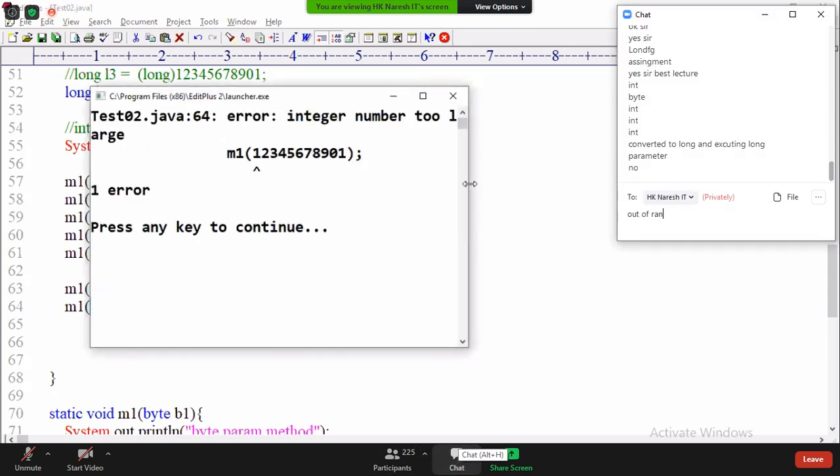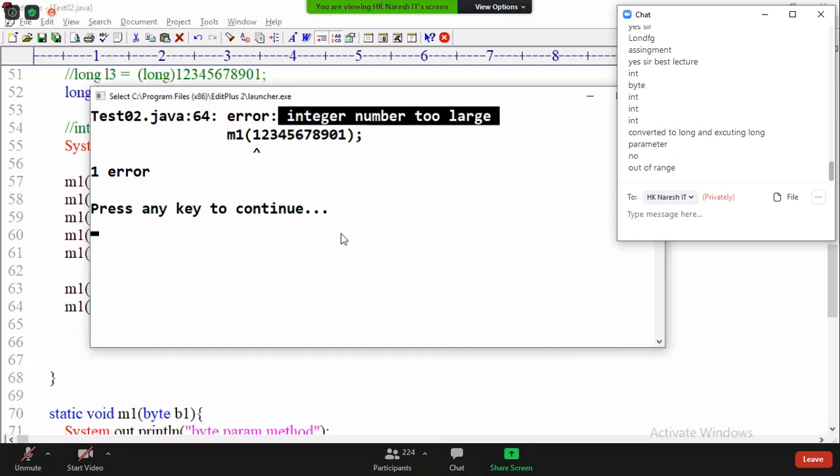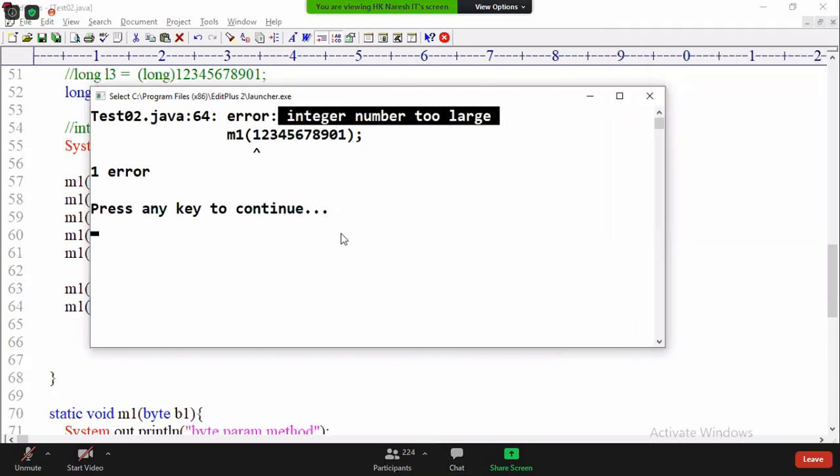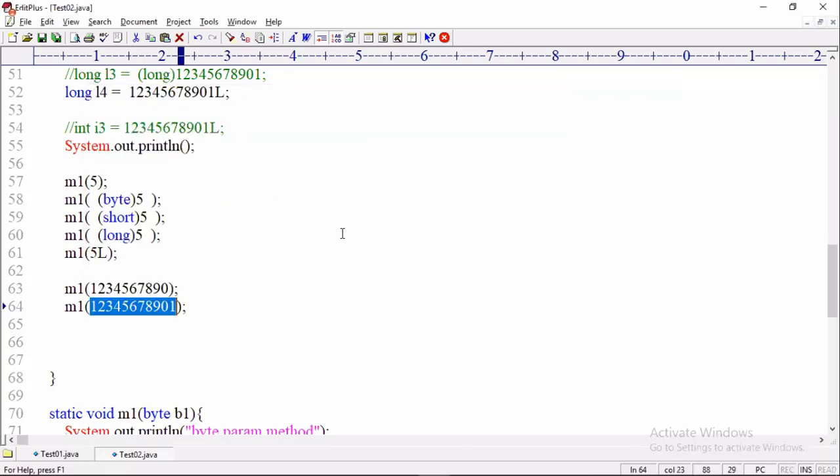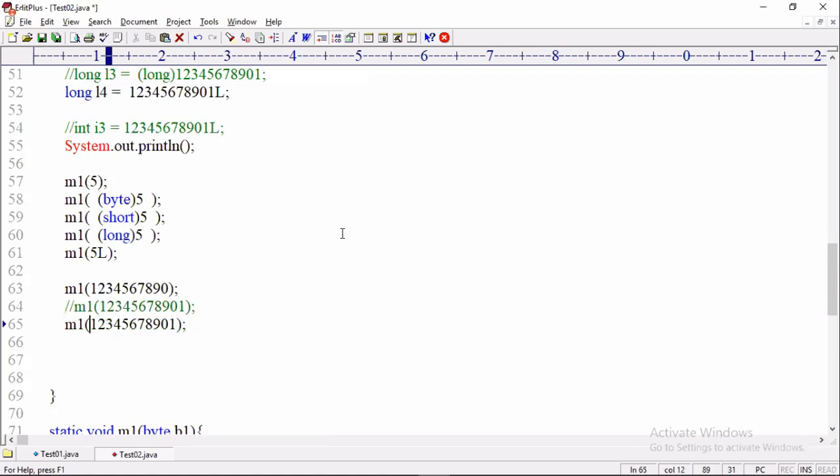Integer number too large. Sorry, I cannot take it as an int type. The compiler is telling that it is considering your integer as an int by default, but it is out of range of int. What to do? Okay, compiler, don't worry, you convert that int number to long type and use. Then again it looks at your face very seriously, with an angry face. I am telling you the problem is with the number. Only after I take this number into my hand can I do conversion. First of all, I am unable to take this number into my hand.